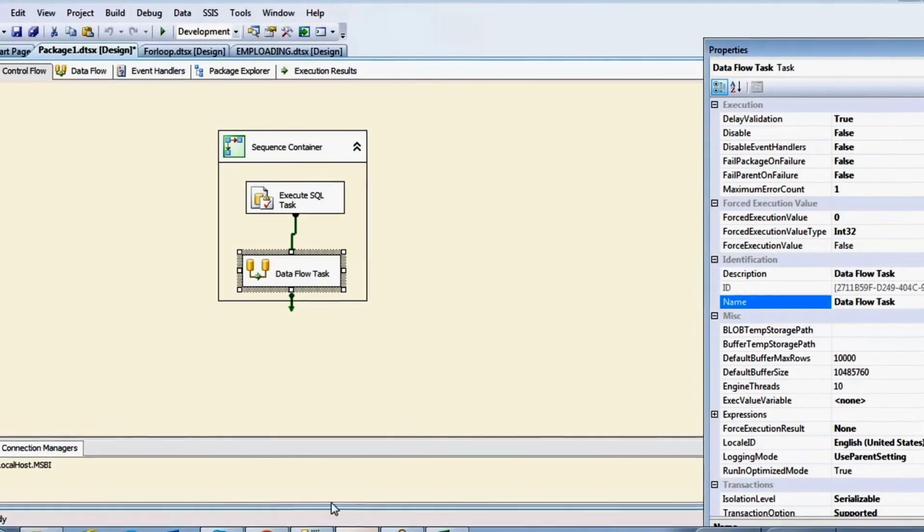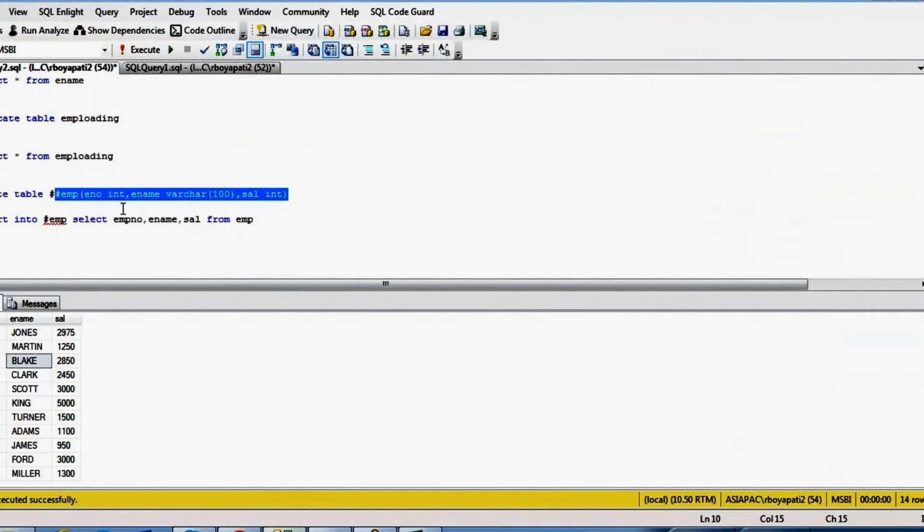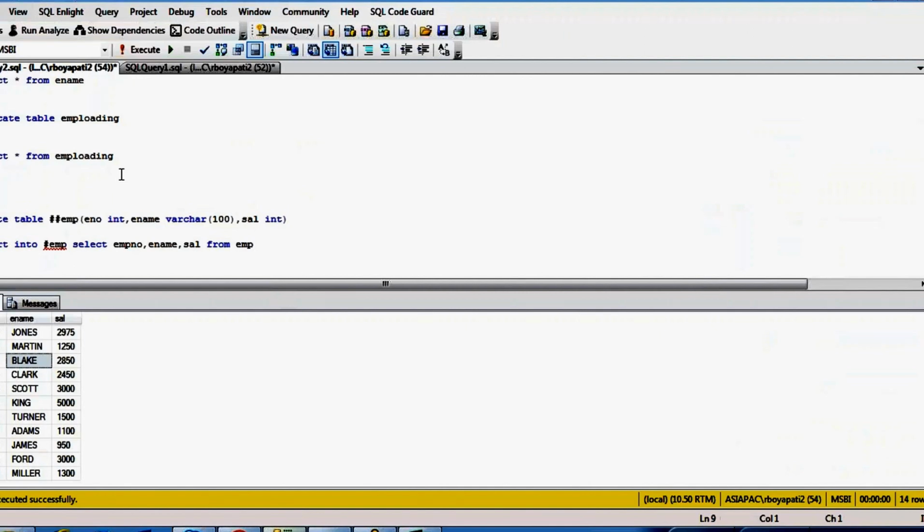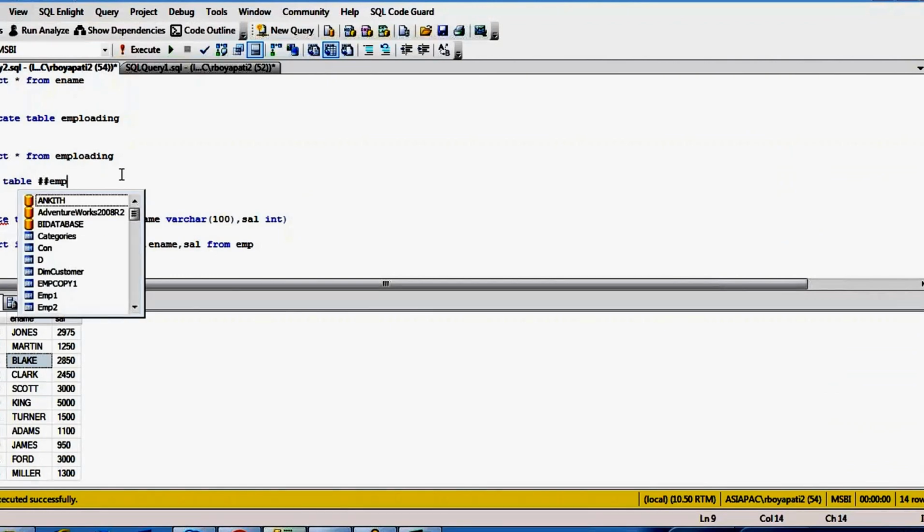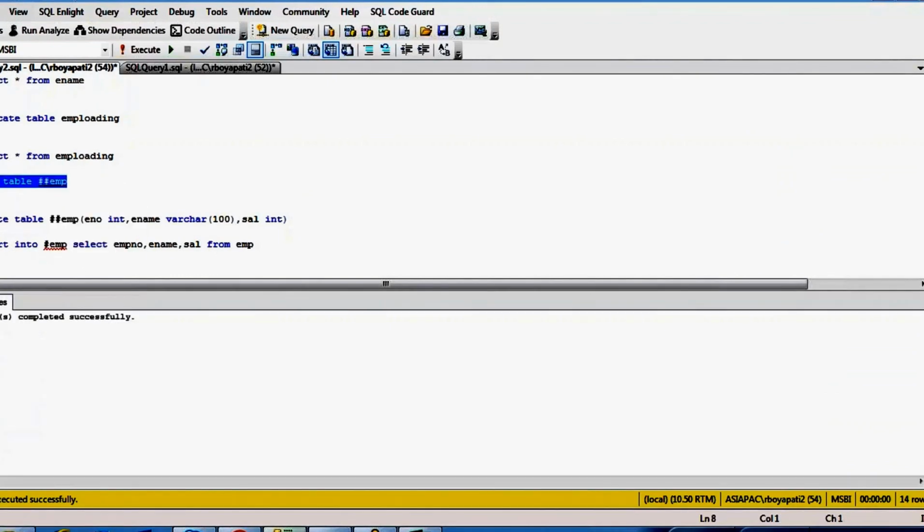Then you can drop the global temporary table. You don't need to use it. The global temporary table is used only for configuration. Once your configuration is done, you can drop the table, because we are using a local temporary table.